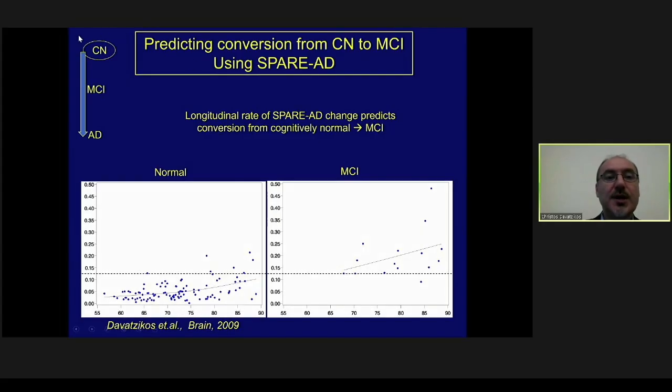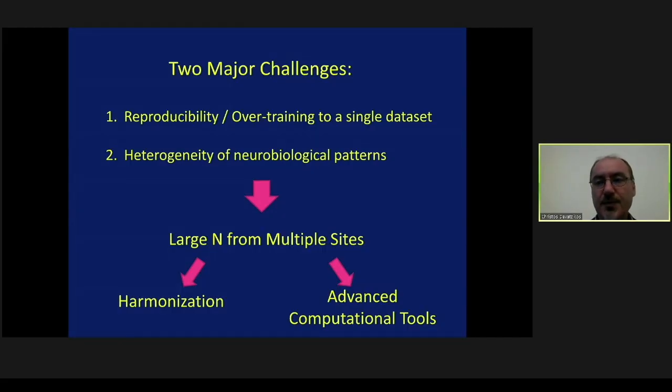And of course, the holy grail would be to show it in cognitively normal people. That's something we had in a publication in Brain with data from the Baltimore Longitudinal Study of Aging, where we found, to our surprise almost, that the rate of change of SPARE-AD, so the rate of progression of this imaging signature of Alzheimer's, was predictive of which of these cognitively normal people would progress from normal to MCI within an 8-year period. And this, of course, gives us a window of opportunity of 10 or 15 years before people become demented, or even more, to be able to intervene.